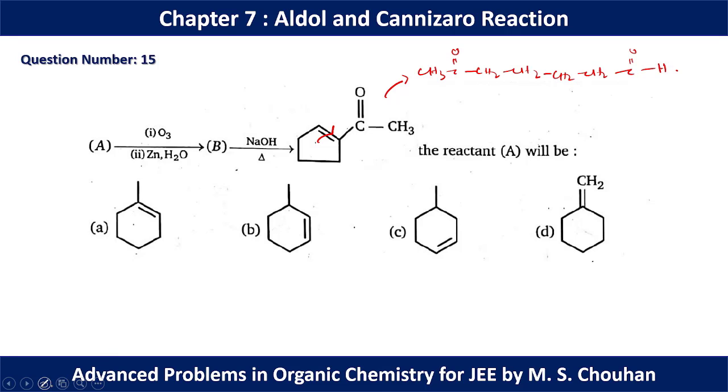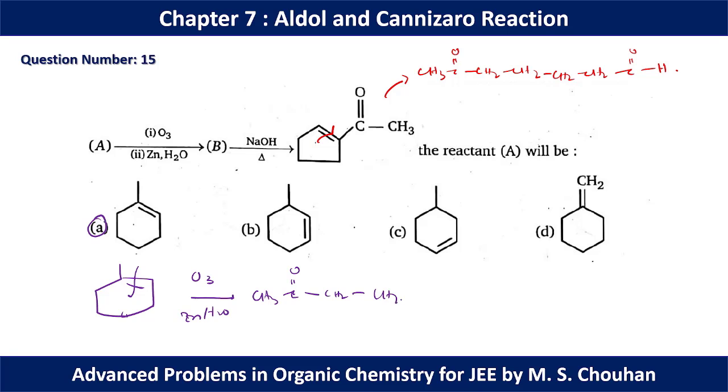Okay, now if we start with the molecule A, and due to the reductive ozonolysis we can dissociate this and we can have the product of the reductive ozonolysis, and these two products are identical. So if we start with the molecule A, after reductive ozonolysis we can have this molecule B, and this molecule B in intramolecular aldol reaction can form the final product. So for question number 15, option A should be the correct option.